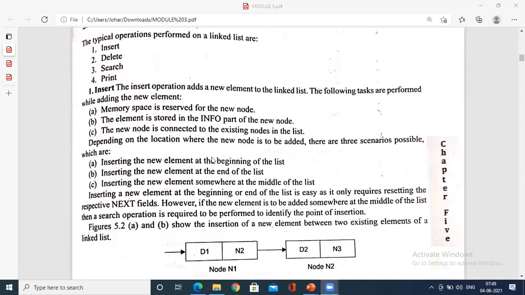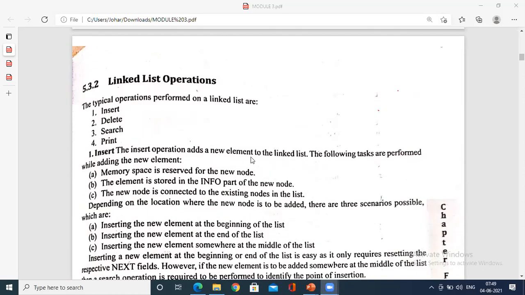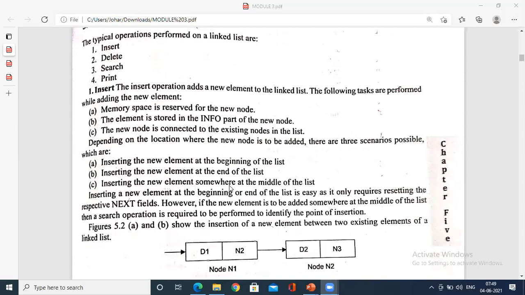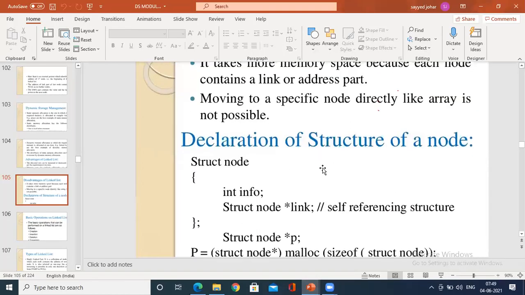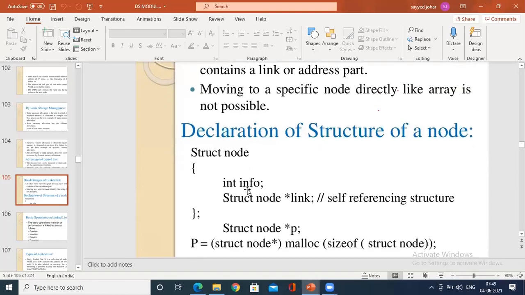Fine. Next, the insert operation adds a new element to the linked list. The following tasks are performed while adding the new element. So how do you insert? The basic concept for adding the element is that memory space is reserved for the new node. If you want to go with the PPT, I can show you what exactly you have. See, the declaration for struct node has information and a struct node pointer called link.